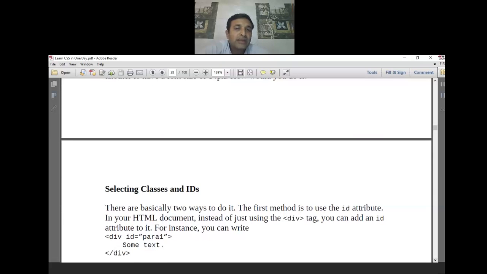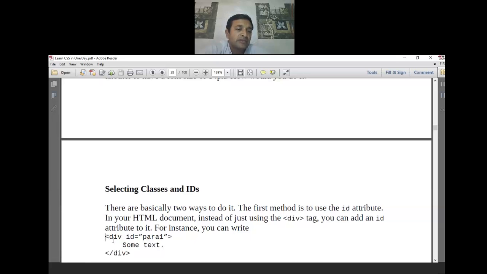So you can specify the div id. There are two ways: classes and IDs. Through that you can categorize it. The first method is to use the ID attribute of a div.